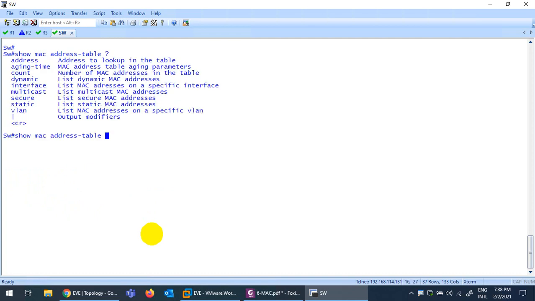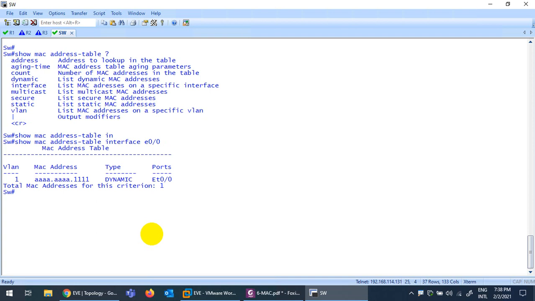Now let's go to interfaces. If you need the record for a specific interface, suppose E0/0, it will show you the record of anybody connected to interface E0/0 on the Cisco switch. So they say 111 is connected. I learned this MAC address dynamically, and the port number is 0/0, VLAN 1.